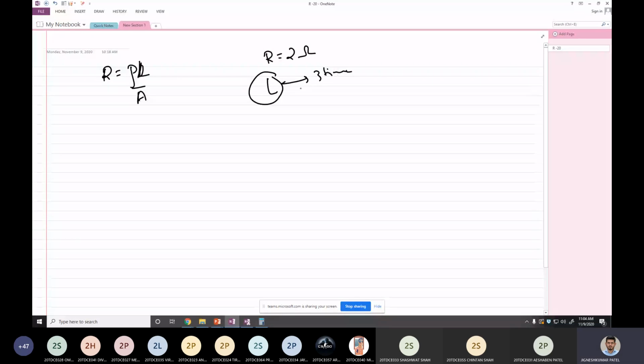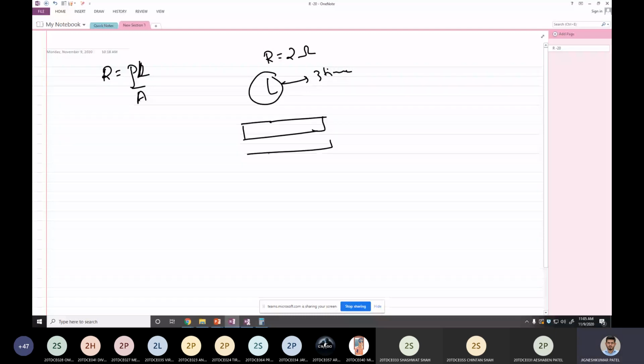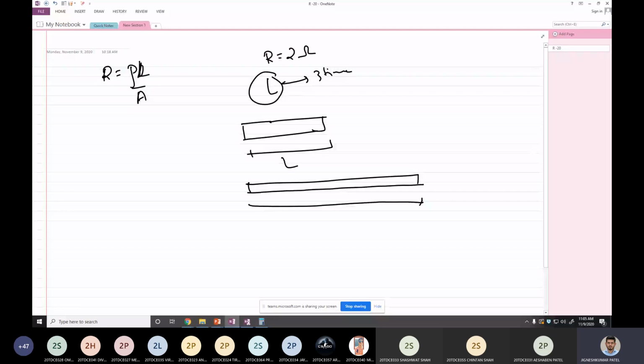My length has been increased 3 times. Now, before calculating this, I must know one basic principle. Whenever I stretch something, like for example, if there is a rod like this, the length was L, I'm stretching it and making it long. What will happen whenever I stretch it? Length will definitely increase. Let us say this is 3L. Definitely the length will increase, and the area